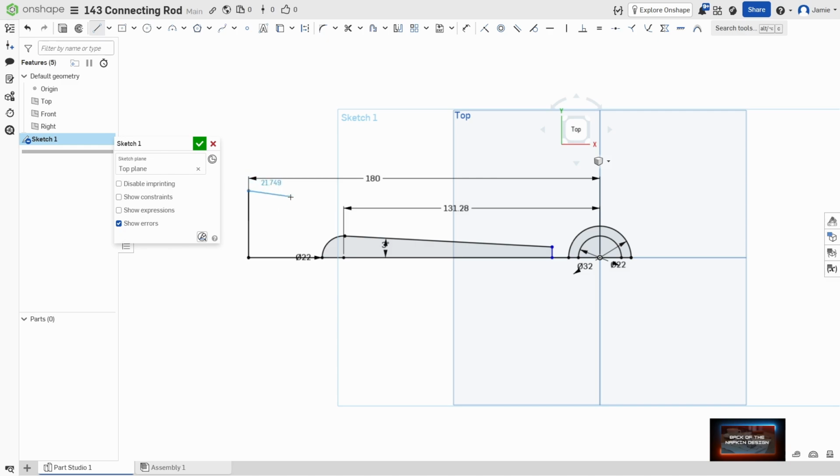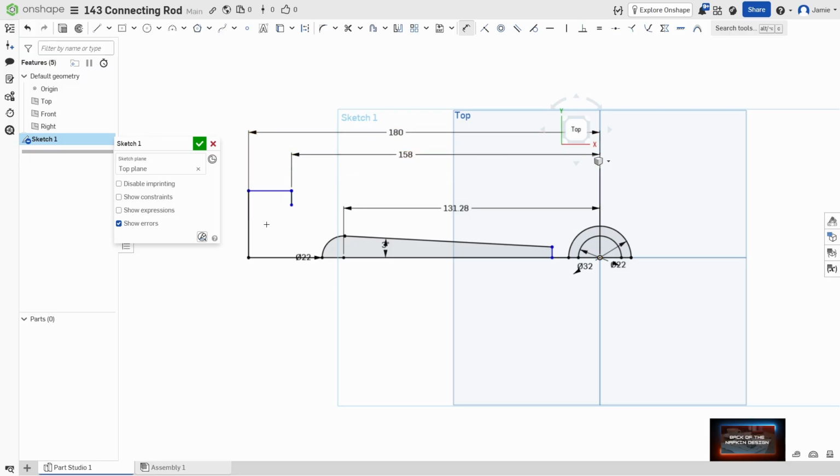Here to here, and there's a line coming down. Escape to get out of that deeper dimension. We're taking it from the origin all the way to here, and that's going to be 158. We can adjust this over there. Okay, perfect. So now we're going to do a radius here, fillet, and then an angle, and we're going to